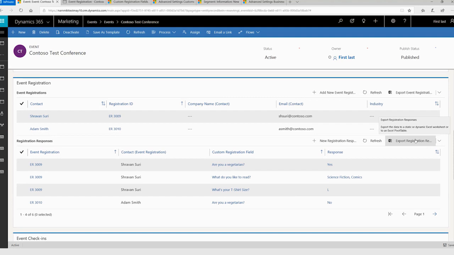For example, if you have a bunch of kids coming in for a training session and you want to see how many of them would like a t-shirt of size small versus t-shirt of size medium, you can just export this data into an Excel sheet and really quickly pivot it and get any kind of insights from your registration